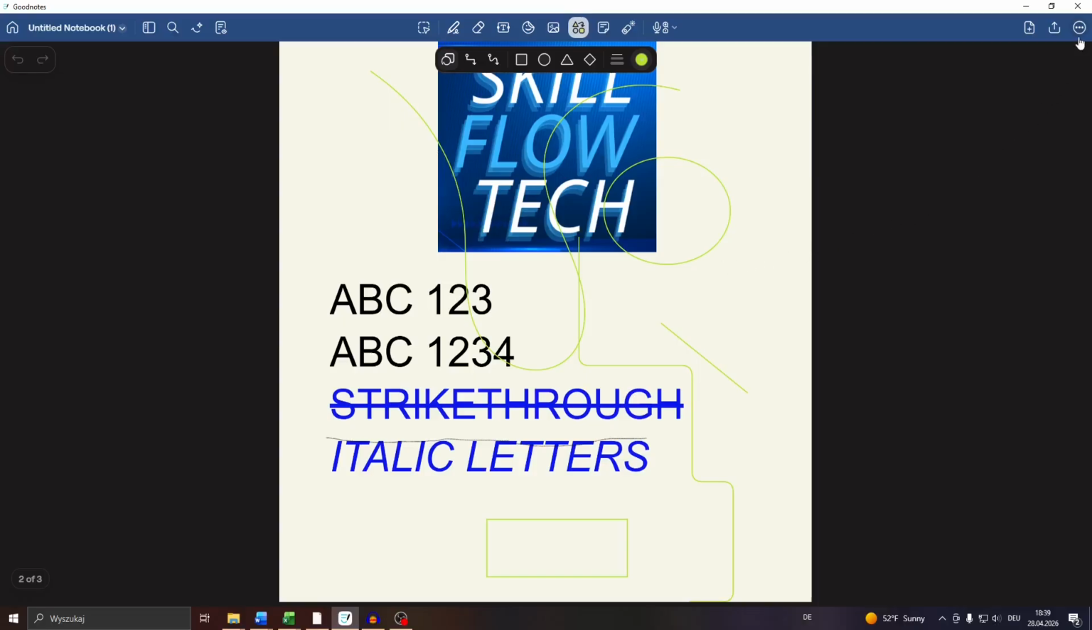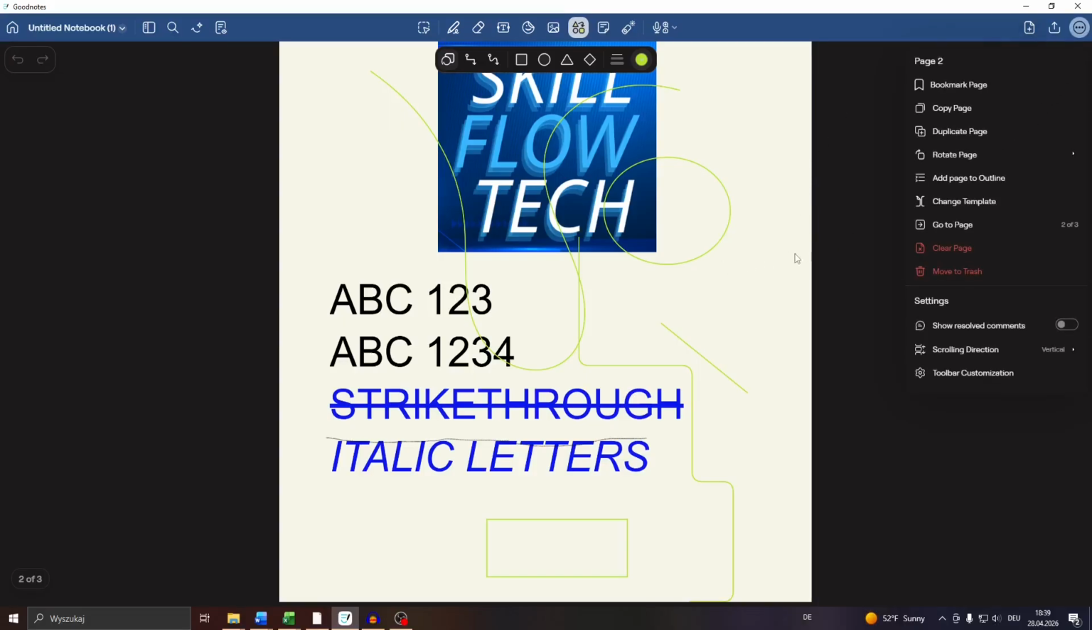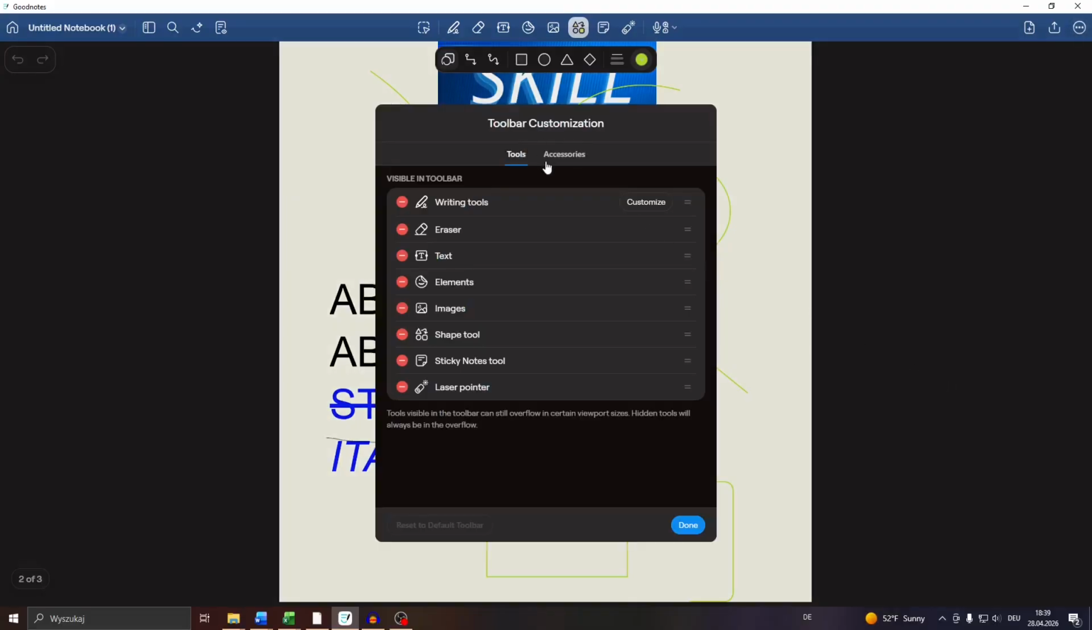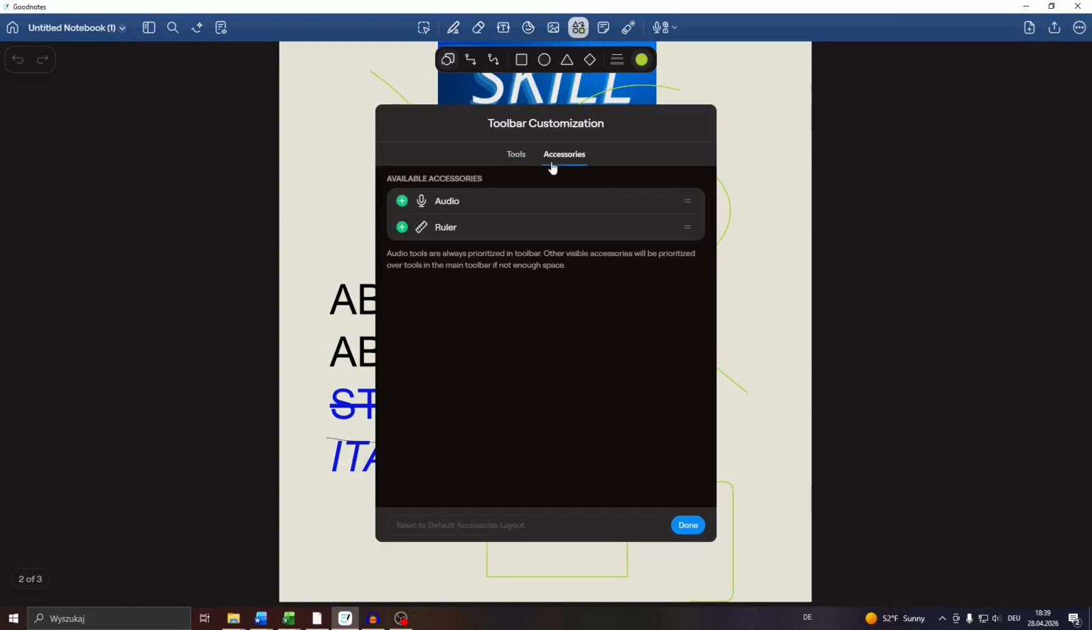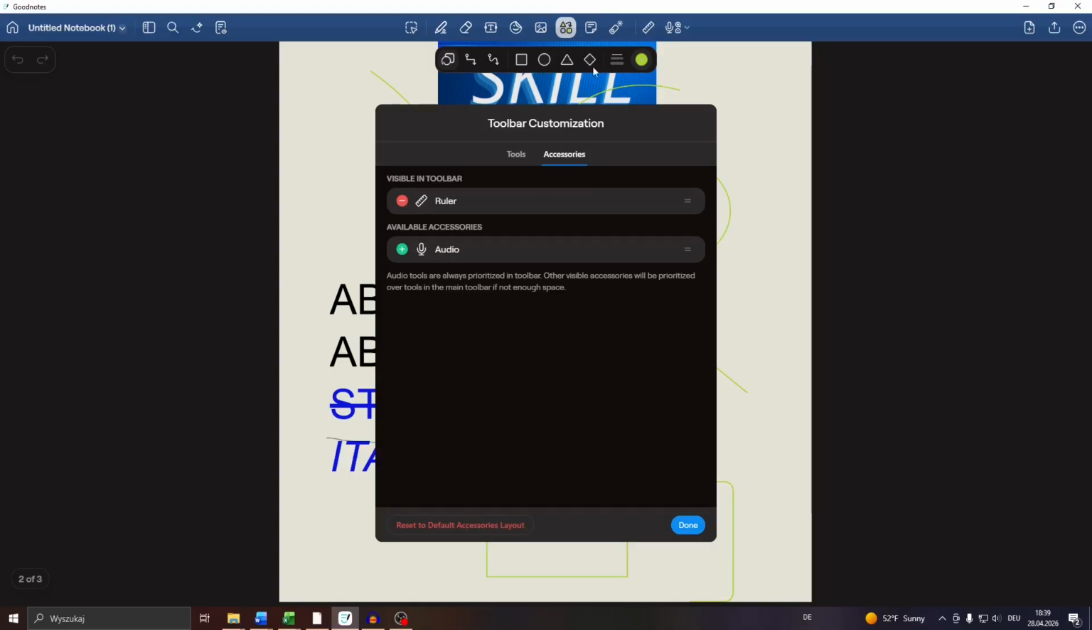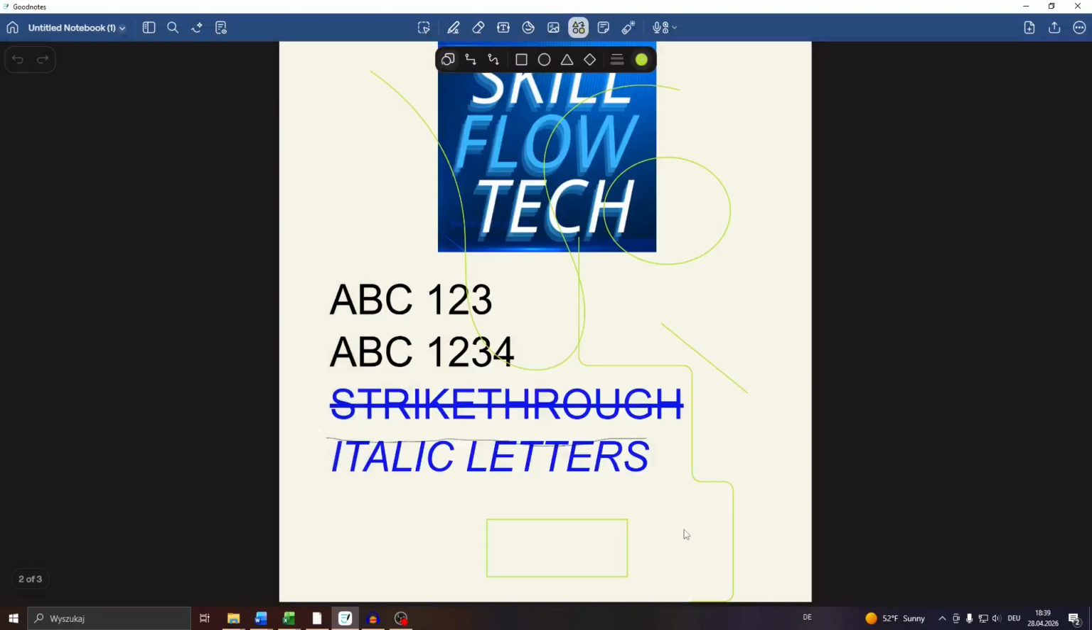ruler. Option number one, you navigate to your document settings in the top right by clicking into these three dots. You click into toolbar customization. Here switch from tools to accessories. Excuse my poor pronunciation here. And add the ruler to your toolbar, and you will see it here at the top. So that's one way. Option number two would be to navigate to